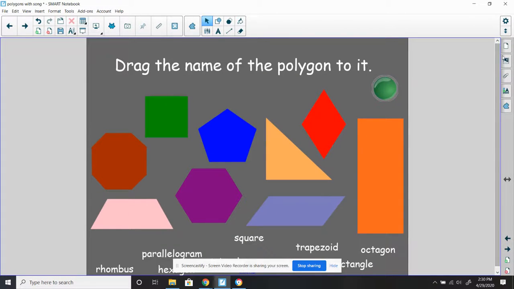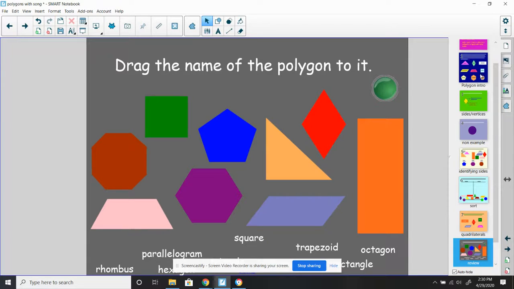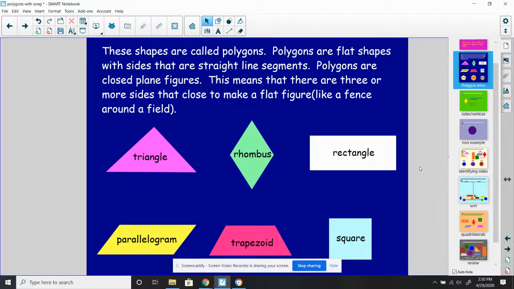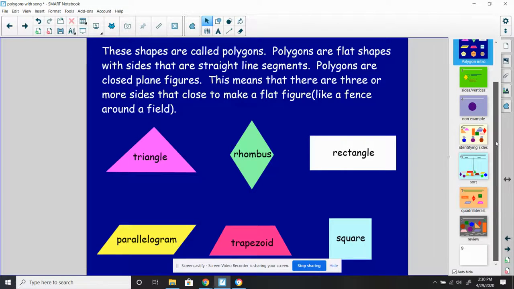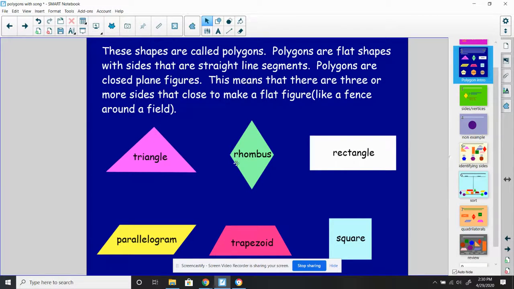I'm going to go back for a second to the beginning and take a look at this slide here. Okay? There's something about all of these figures. That's another reason that it's a polygon. A polygon has to be a closed figure. It cannot be open. For example,